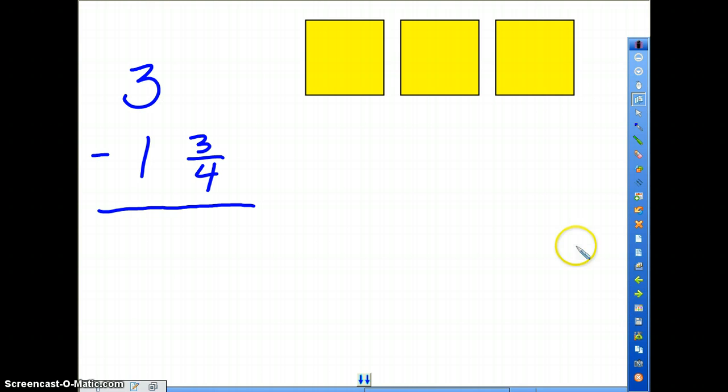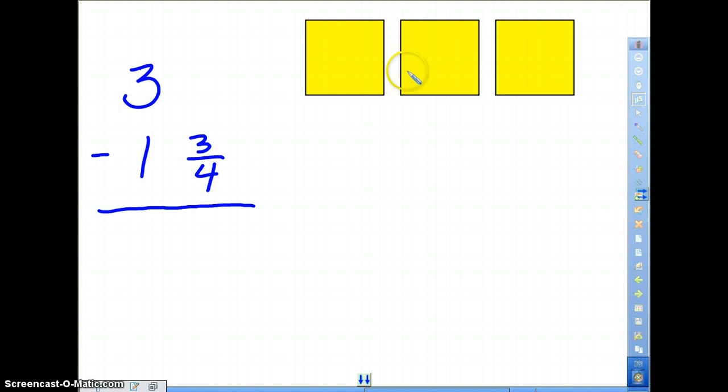All right, let's say we've got this problem here. We've got 3, and we're going to subtract 1 3/4, okay? Well, if I had 3 subtract 1, the answer's 2. But I have to subtract another 3/4. And I know some of you already know the answer, but I want to show you a visual of what's